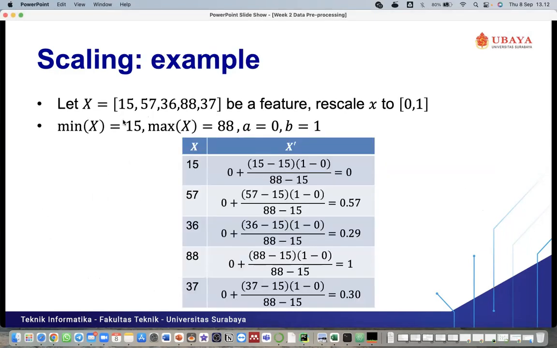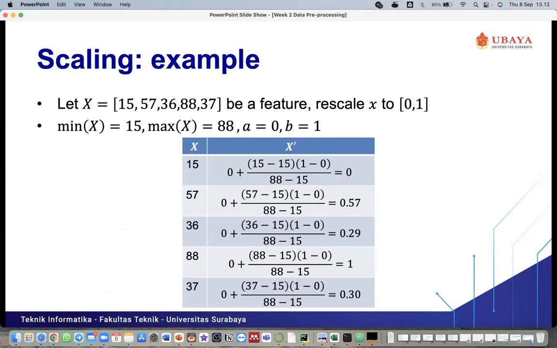My question is, if we have the x attribute that contains 15, 57, 36, 88, and 37, and we want to rescale it to 0 to 1, which one of these values will be 1 and 0? Kenneth or Gabriel?